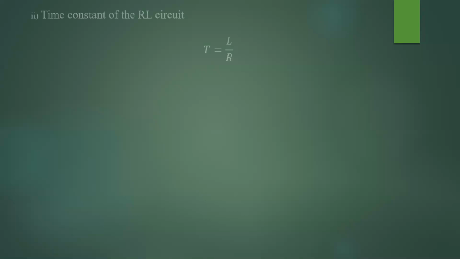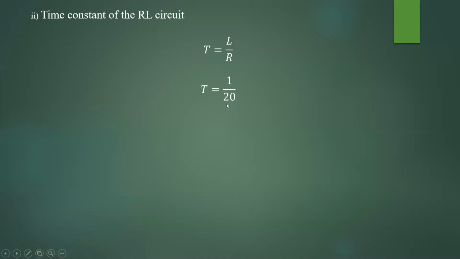Yes, right. So the time constant in the RL circuit is given by T is equal to L by R. In an RC circuit, the time constant is given by R into C. During that time, the current will reach 0.63 times the maximum current. That we know. So let us find the time constant of the circuit. The formula is T is equal to L by R. L is given as 1 Henry. Resistance is given as 20 ohm. Substitute here.